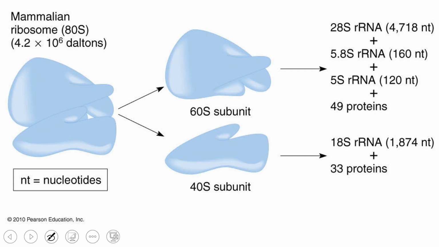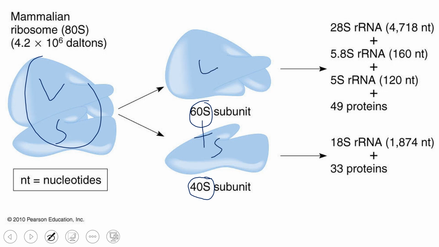So this is the mammalian ribosome. Normally we denote the weight unit as S. So this is the complete ribosome. This is the large subunit, this is the smaller subunit of the mammalian, or you can call it eukaryotic, ribosome. The large subunit will be 60S in size and the small subunit will be 40S. When you join them together, the large subunit with the smaller subunit, it does not make 100. 60 plus 40 does not make 100.